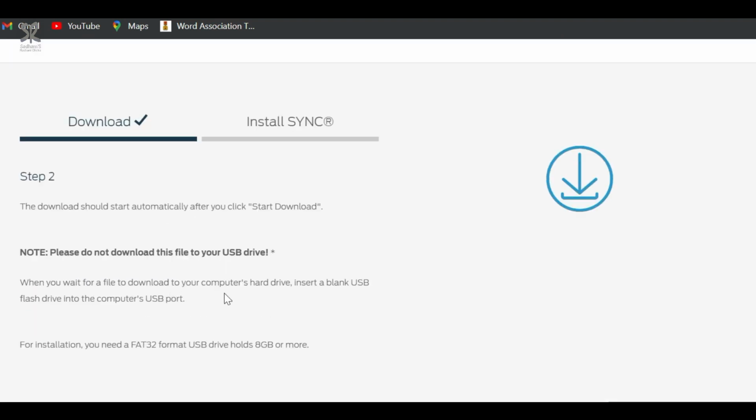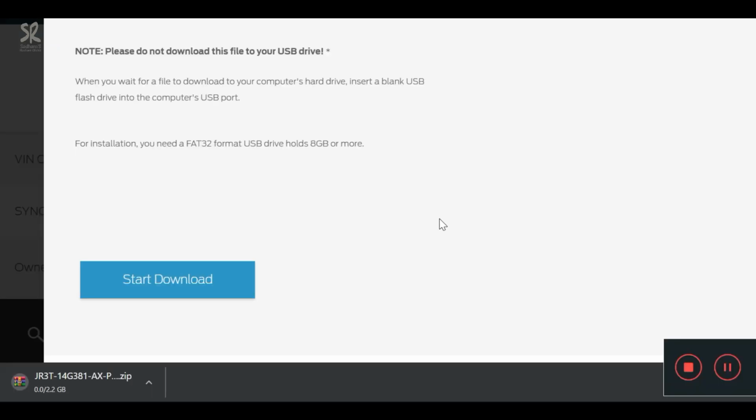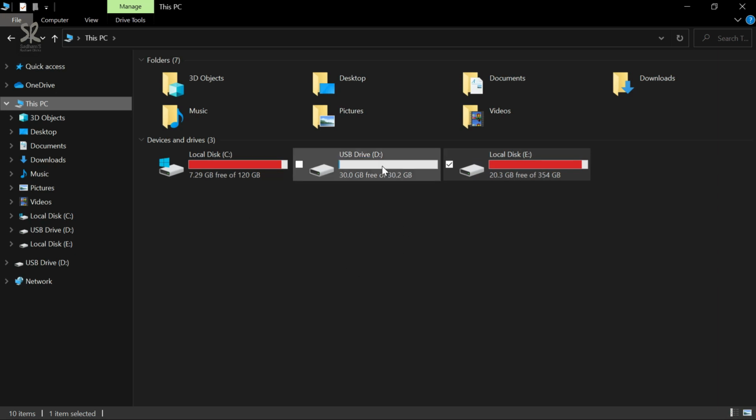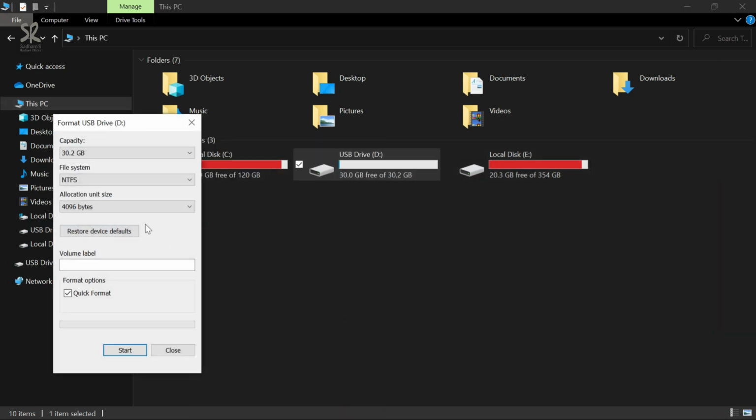Then you need to copy all these files to a flash drive like a pen drive. At this particular stage you need to remember one thing, that the pen drive should be in FAT32 file system. So I will show you how to do that. Connect your pen drive to the system, right click on it, and there is a format option. Just click on that. In that you need to select the FAT32 file system, then format it. It will take some 2 to 5 seconds.